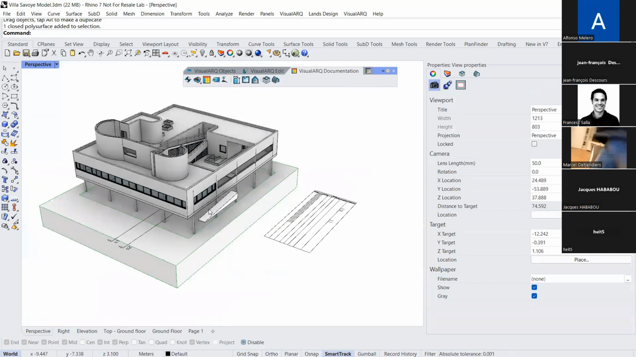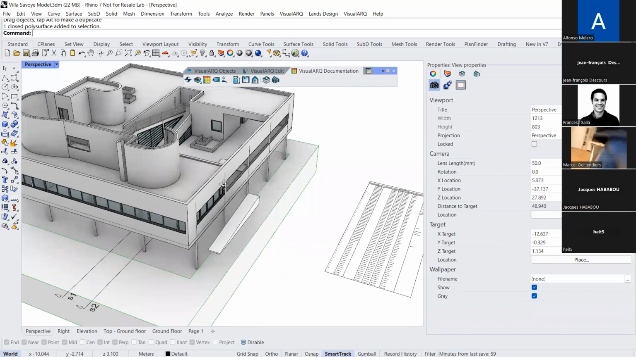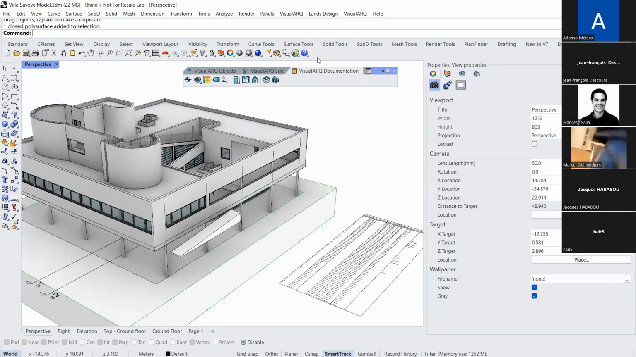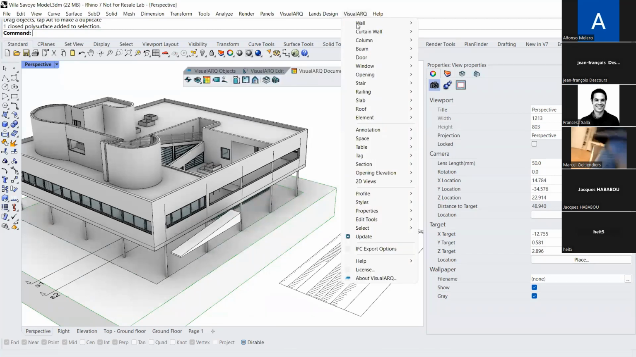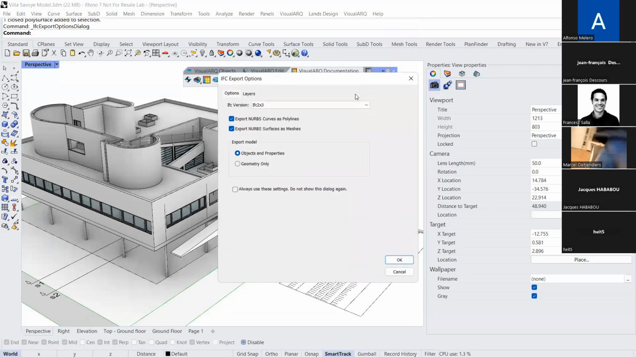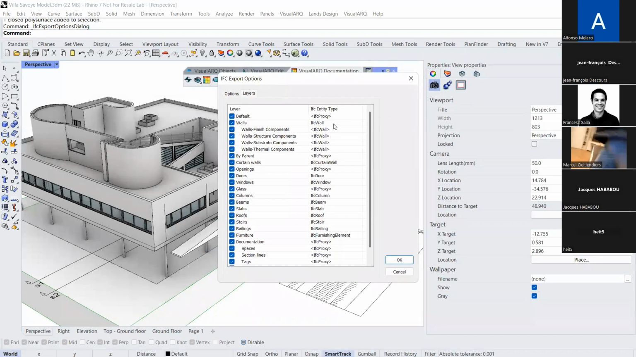All right, some more stuff that we can do with the IFC options. Basically, all this IFC tag assignment can be managed by layer. So we need to go to the VisualARQ menu. We go to IFC export options, and here we have the option to assign these types, okay,